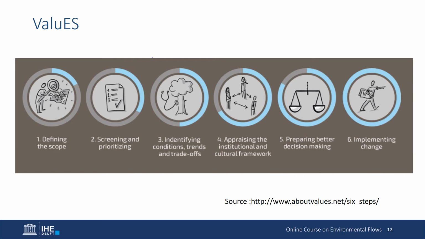The next step is to identify the conditions, trends, and trade-offs that might occur among different ecosystem services when different options are explored. So this considers that there might be different alternatives to achieve the same end, and each one of them might have different benefits and impacts. The next step